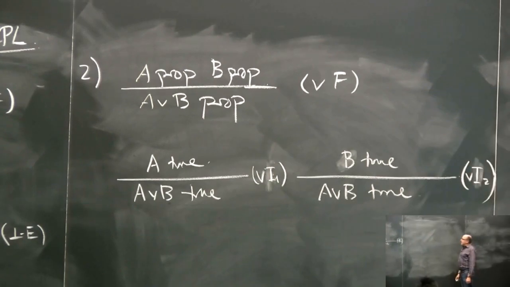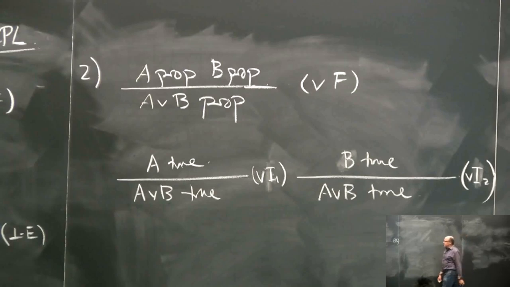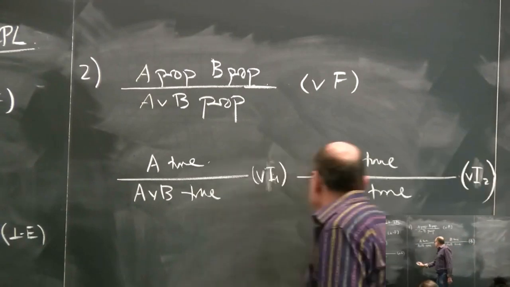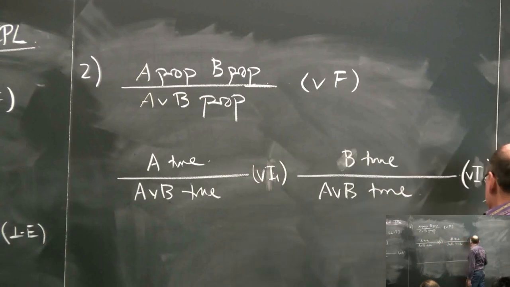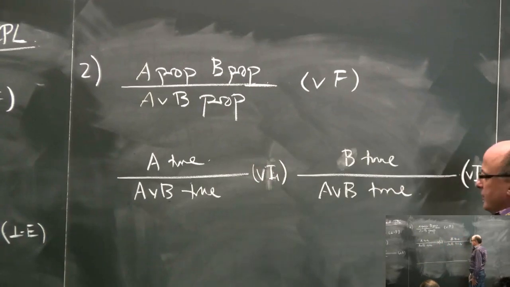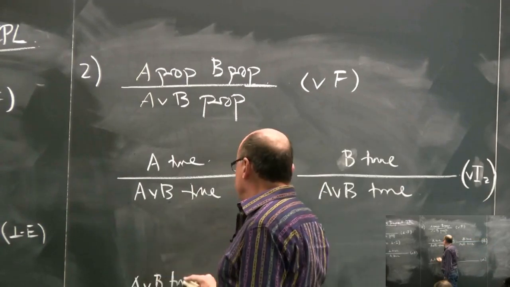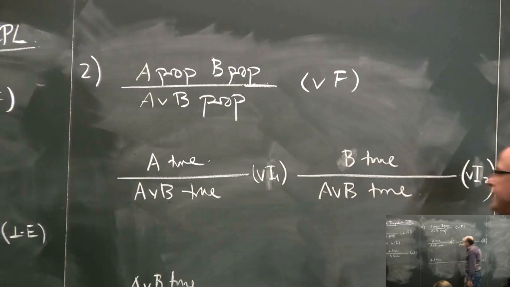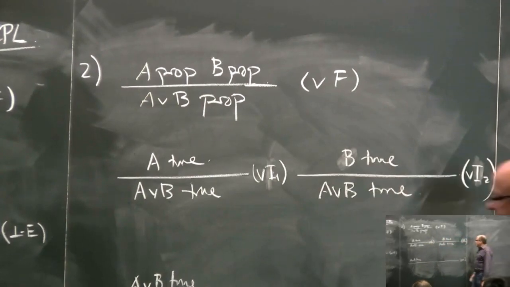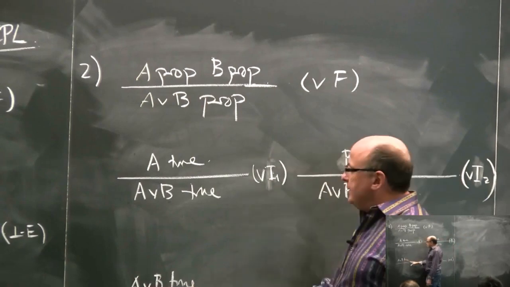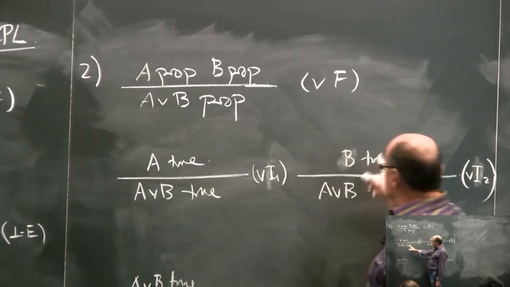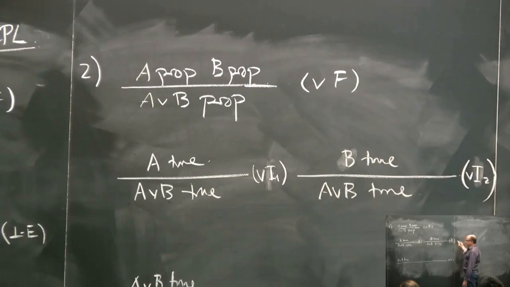And if B is true, then A or B is true for the same reason. And now the question is, how do we get the elimination rule? And we get that by Gentzen's inversion principle. So what we say is, if I know that A or B is true, then what can I do with that fact? Well, the idea is: how did A or B get to be true? Well, it got to be true by either A being true or by B being true, because that's what the introduction rules were. So what I'm going to do is reason by cases on which one it is.